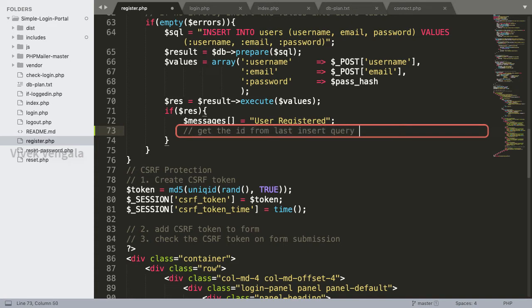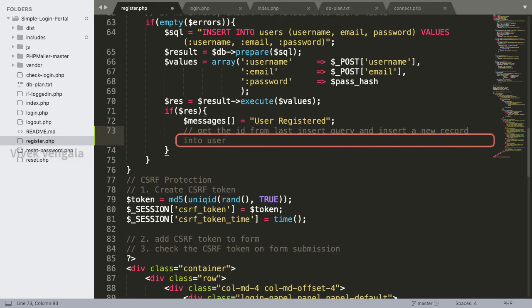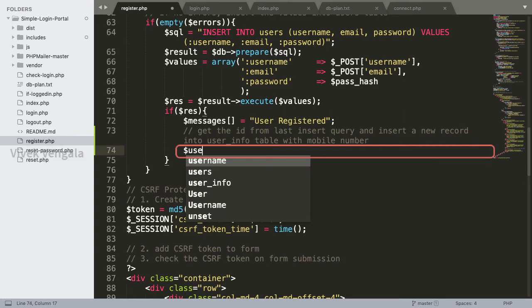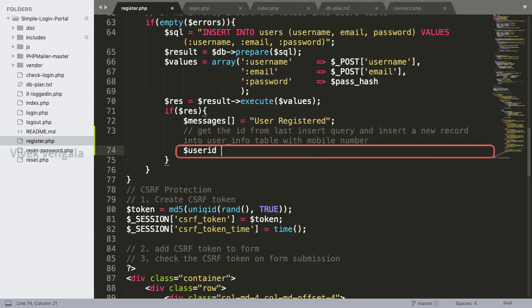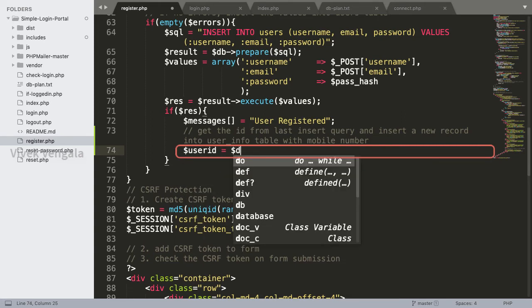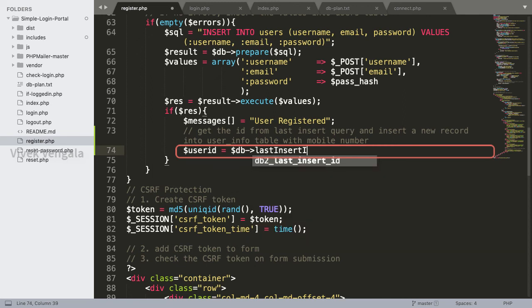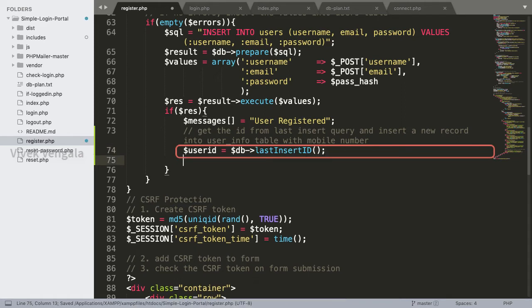After inserting the information into users table, we should get the last insert ID. For that we have a method in PHP PDO. I am going to use it for getting this last insert ID, and after getting this last insert ID, I'll insert the mobile number with this last insert ID, that is a user ID, into our users info table. And here I am writing user ID, db last insert ID. That's a method